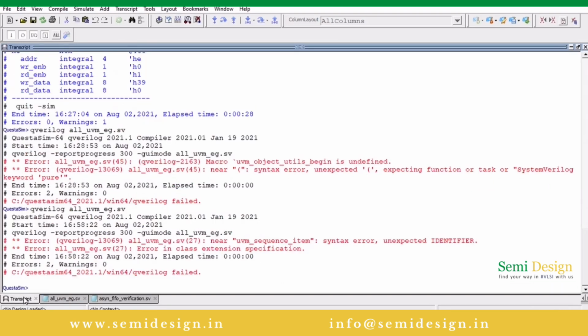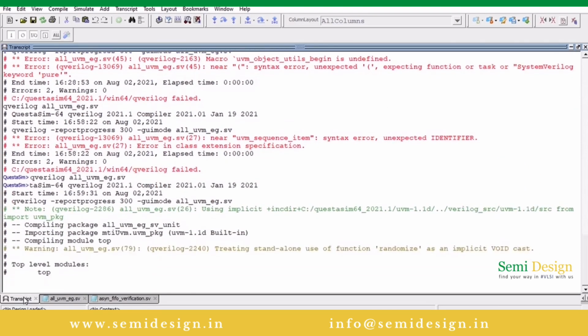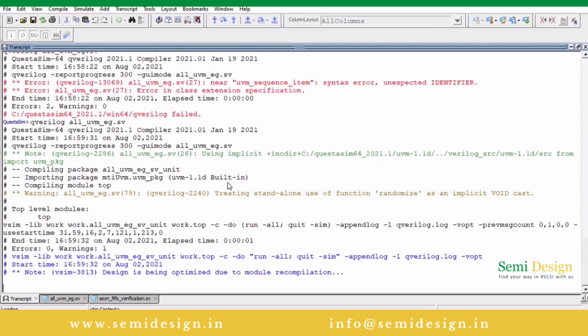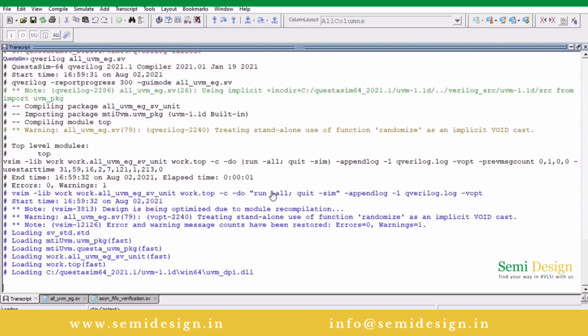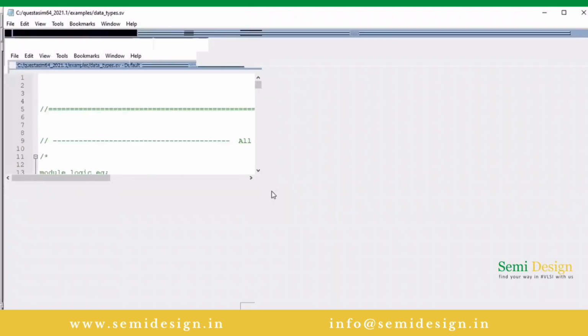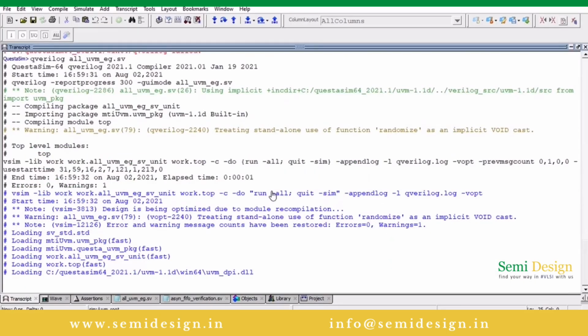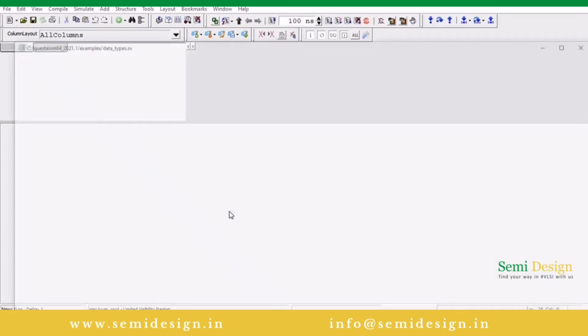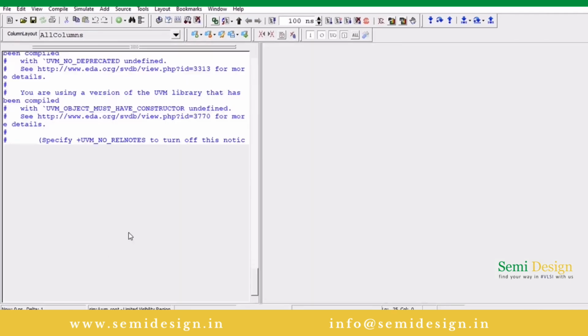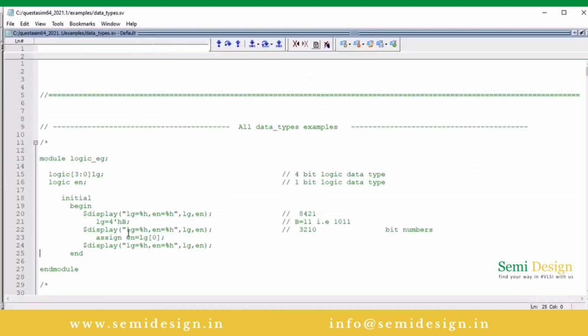Now let's run the code using qverilog file name. Okay, now run this. Now the simulator will perform some operations automatically and we will get the output. Now see, we are getting the output.